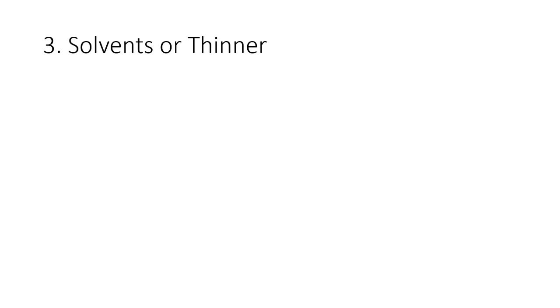Why should it be volatile? Because after forming the film, it should evaporate, so that only the paint constituents will cover the entire material. And it can also control flow and application properties and affect the stability of the paint while in liquid state. Its main function is as a carrier for the non-volatile components, because it will be volatile and will evaporate, but the non-volatile components of the paint will cover the entire material, right?